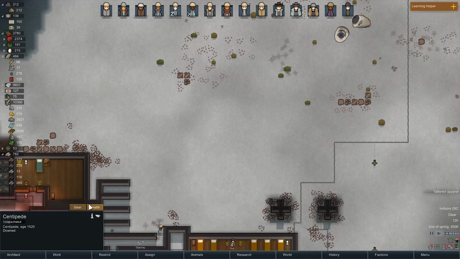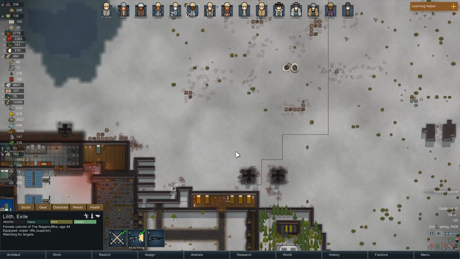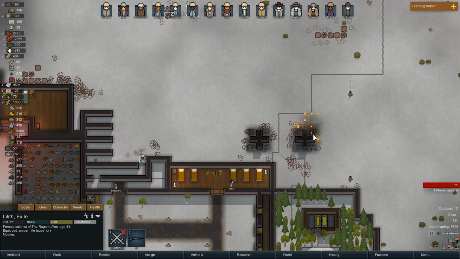Wow! Lilith. Amazing. That is exactly what I was hoping for. This... Ooh! Oh, that worked! Okay. I'm gonna do this. I'm gonna unrestrict Lilith. I'm gonna tell her to go...